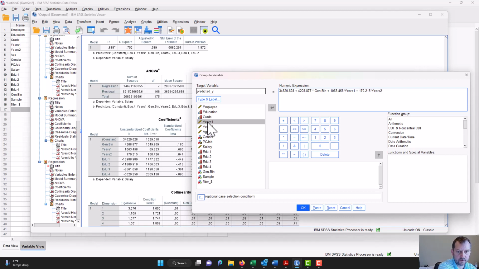You can click it, or as long as you're typing it in correctly, it'll still populate, right? So we got education 1, so minus 12988.989 times